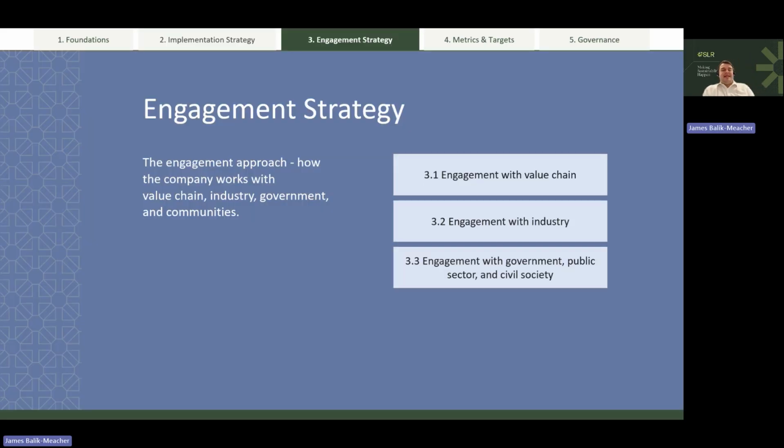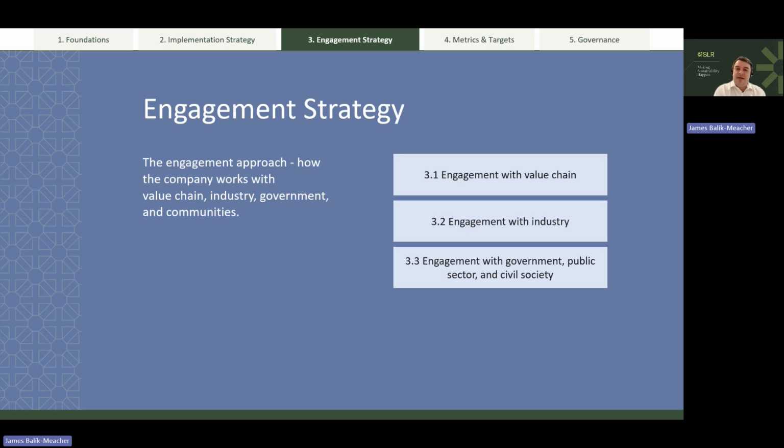So the next piece is the engagement strategy. This is probably the most neglected part of transition planning. A lot of companies focus on what they're doing and how they are managing it, which is obviously understandable. But especially once you start mapping out those dependencies and external factors you can't control, it's really important then to talk about how you're going to engage with those external parties in order to make this a reality.